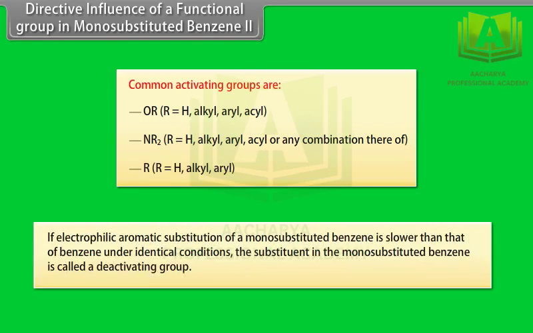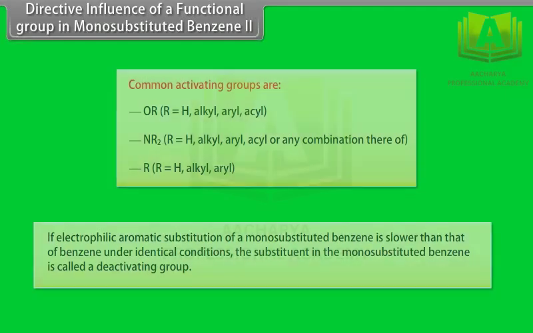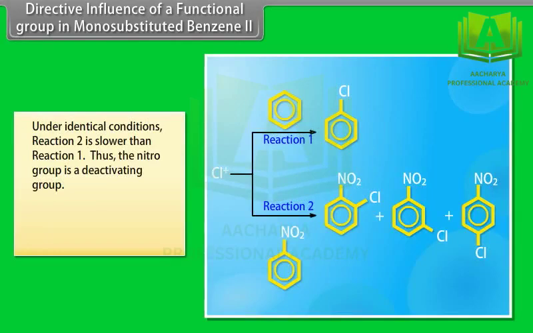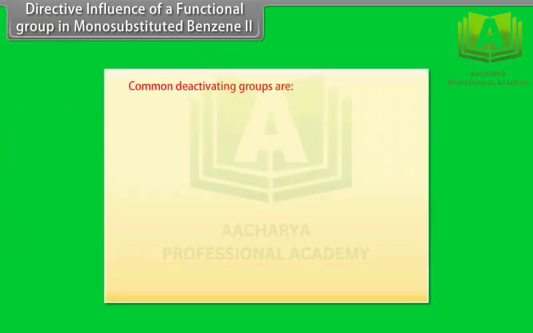If electrophilic aromatic substitution of a monosubstituted benzene is slower than that of benzene under identical conditions, the substituent in the monosubstituted benzene is called a deactivating group. Under identical conditions, reaction 2 is slower than reaction 1. Thus, the nitro group is a deactivating group. All deactivating groups are electron-withdrawing groups. Common deactivating groups are